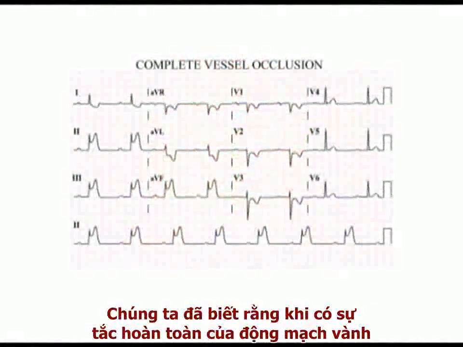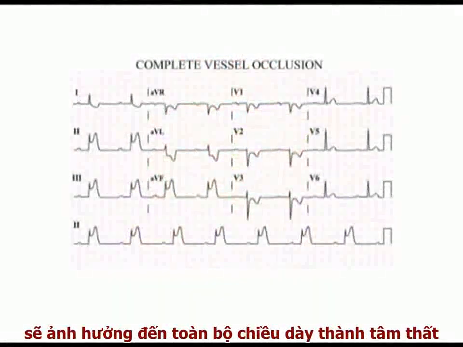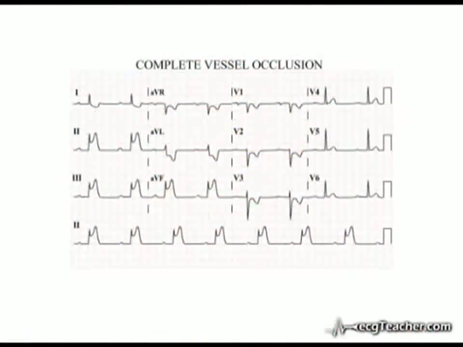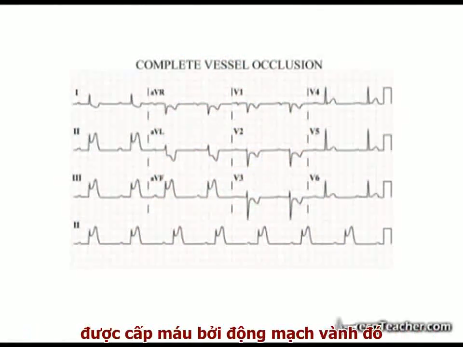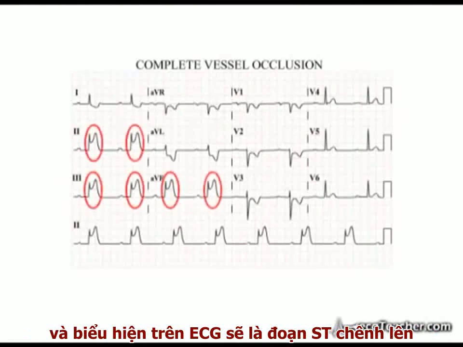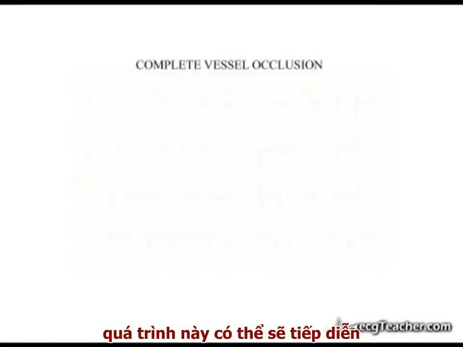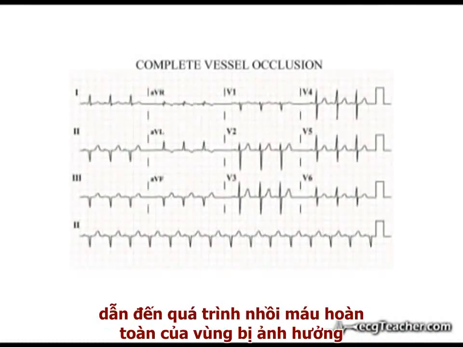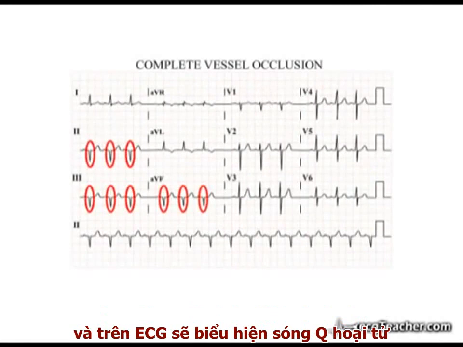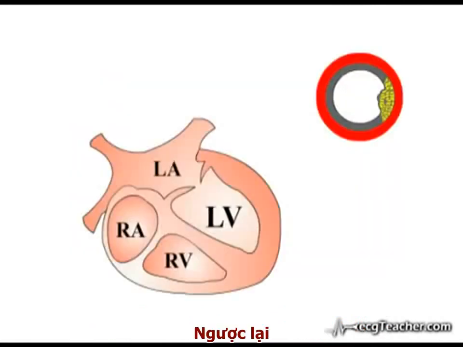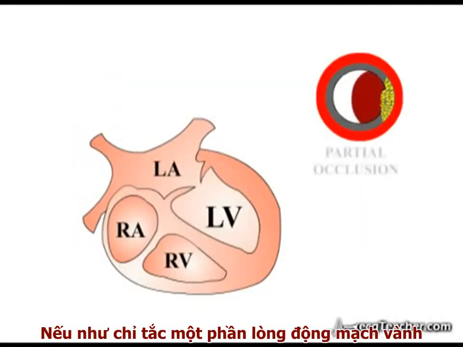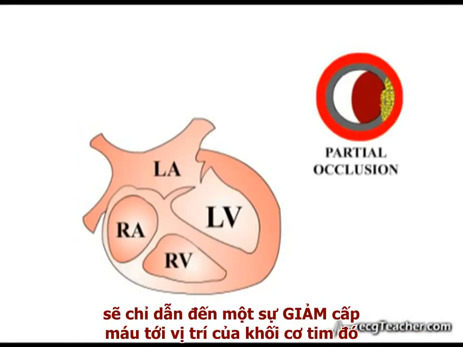We've seen that complete occlusion of a coronary arterial vessel renders the entire thickness of the myocardial wall it supplies at risk of infarction and manifests as ST elevation on the ECG. In the absence of treatment, the process may progress to complete transmural infarction of the area involved, with development of pathological Q waves. In contrast, partial occlusion of a coronary arterial vessel results in an incomplete reduction of arterial supply